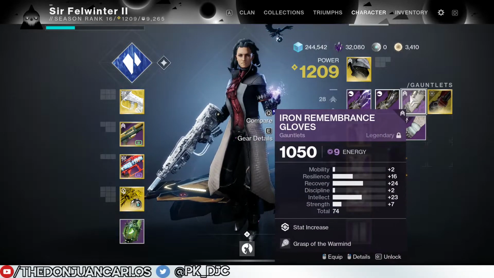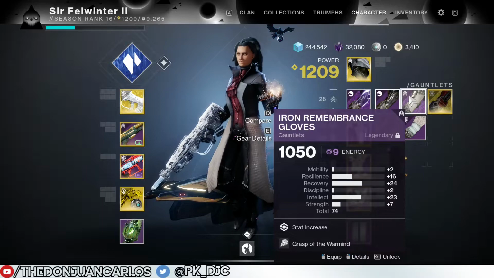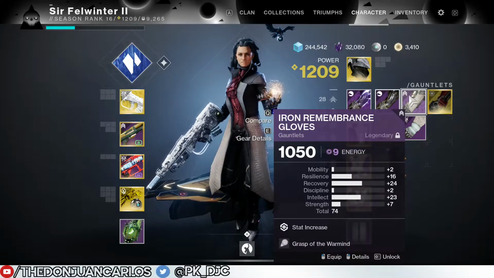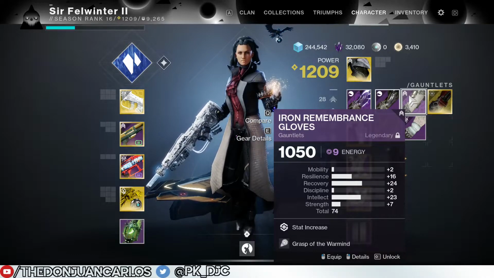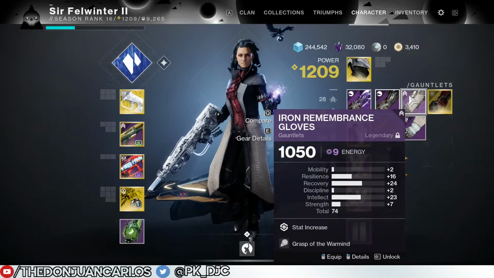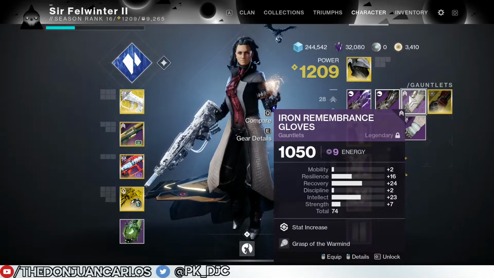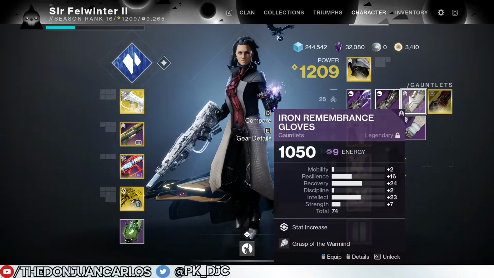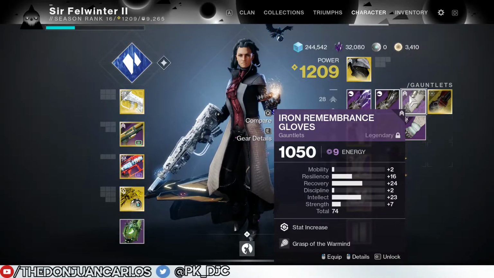So this is kind of what you're looking for. Dungeons, specifically Prophecy, are a reliable source of high stat rolled armor. You want to go farm your chests. You can only get the chests weekly, but all the encounters are farmable because they're not locked out. So you can run Prophecy a bunch of times until you get a piece of armor that you really enjoy